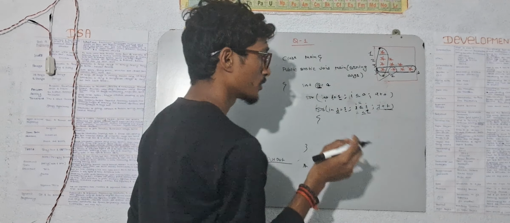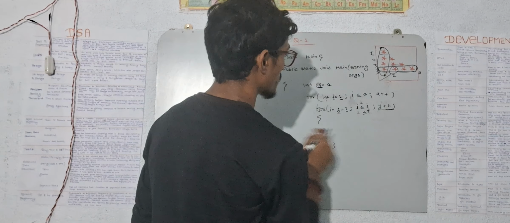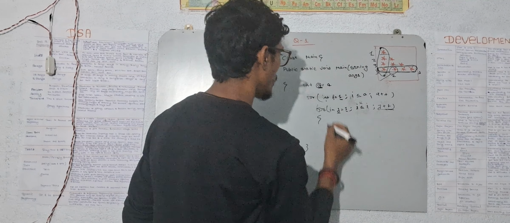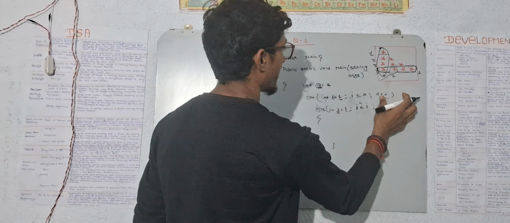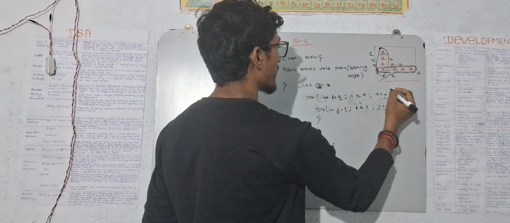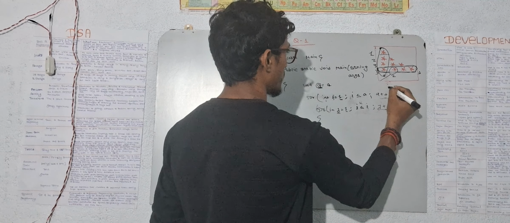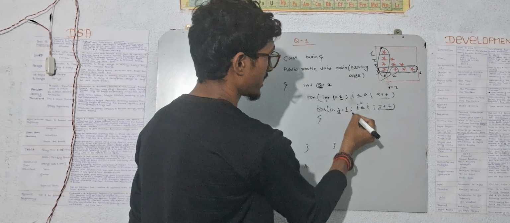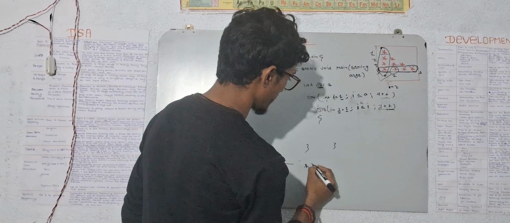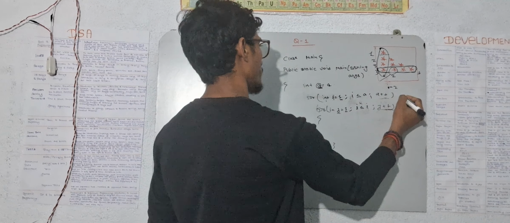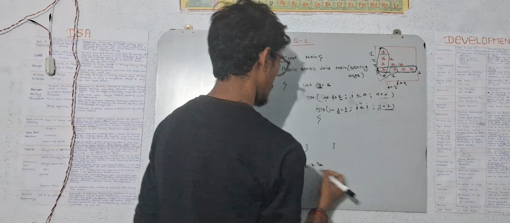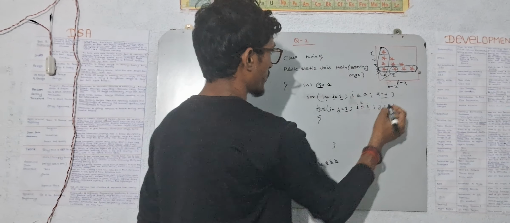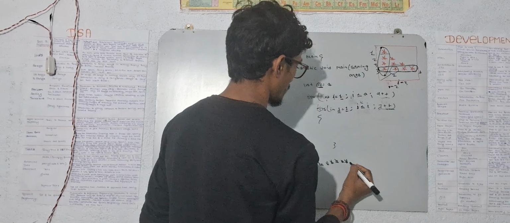As you can see, 2 is not less than or equal to 1, so it gives false, and this loop will break and move to this line, and here increase your value: i is equal to 2, and it comes to this point 1 and again prints 2 stars, and again i is equal to 3, you print 3 stars, and the last time it will print 4 stars in